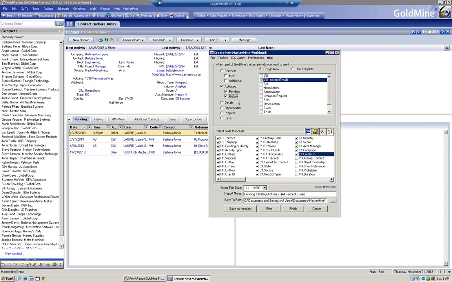Now, in the report itself, a field passes through called pending or history that actually allows you to, within the report, select in the moment, okay, I only want to see the pending stuff, or in the moment, I only want to see the history stuff. You still are able to do that, but reporting across the two of them together is sometimes a very valuable